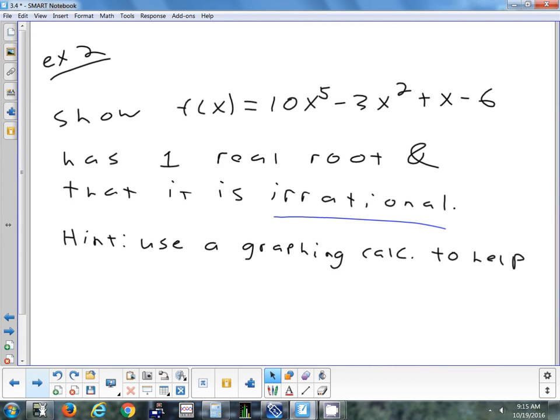Isn't it like intersect? Not for a root. You can use intersect for other things, though, yeah, but not for this. Remember, Priya? Yeah, I'm going to do second calc